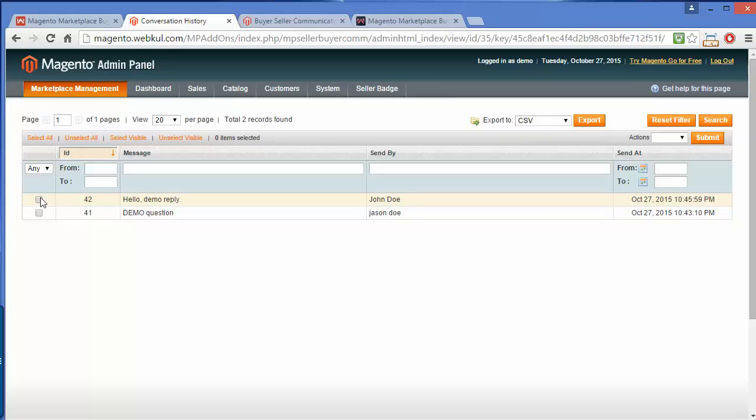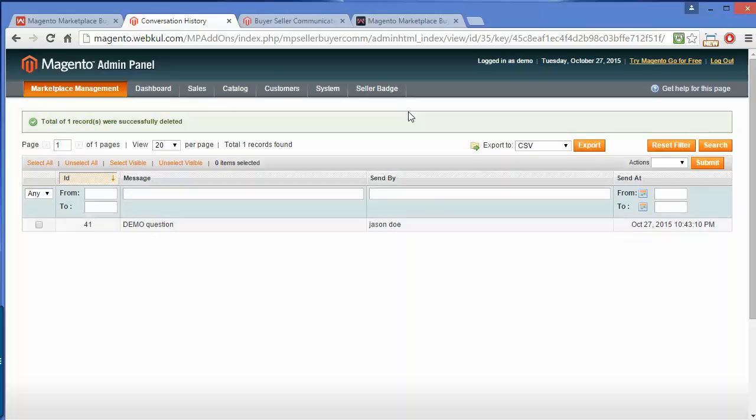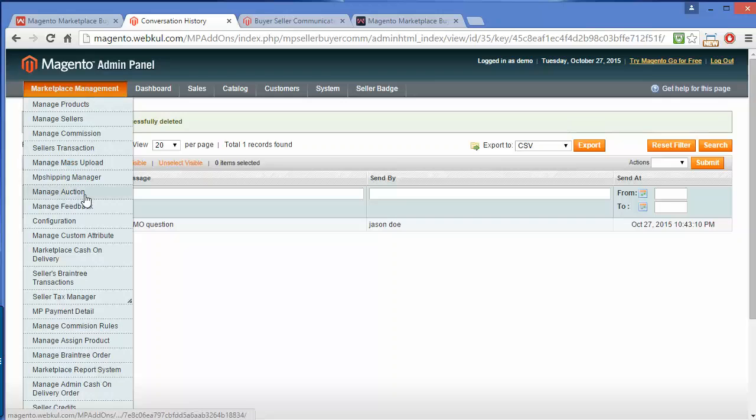Admin can also delete the message from here and click on submit. So you can see admin can easily delete, or admin has all the authority to delete conversation or message from admin panel. Admin can go to the settings,